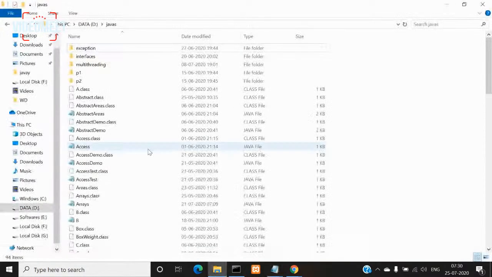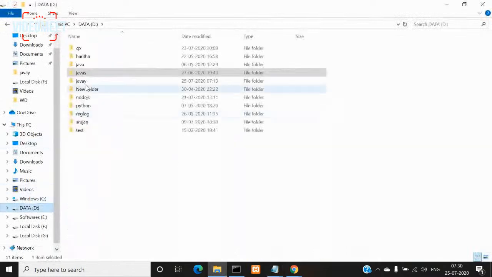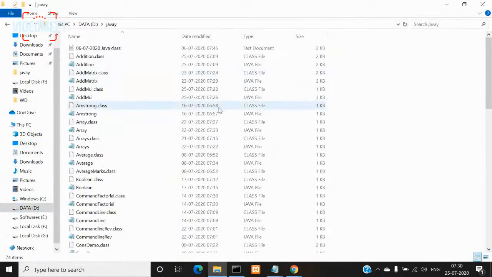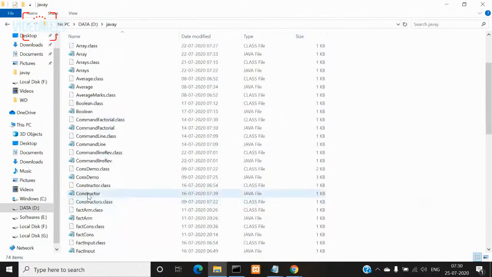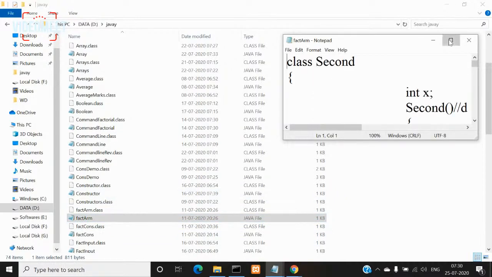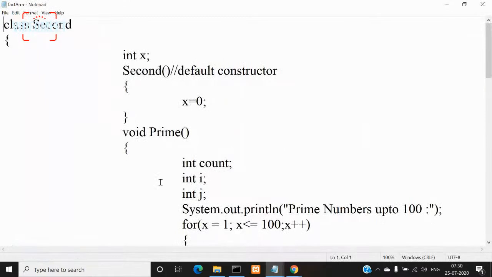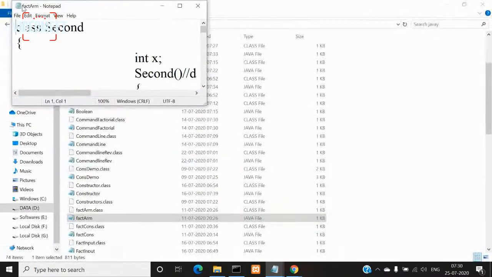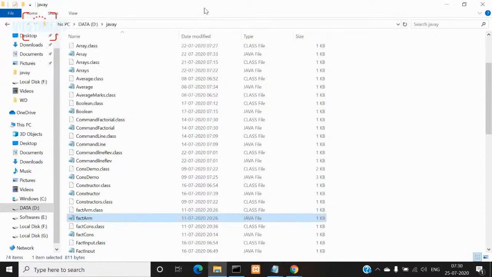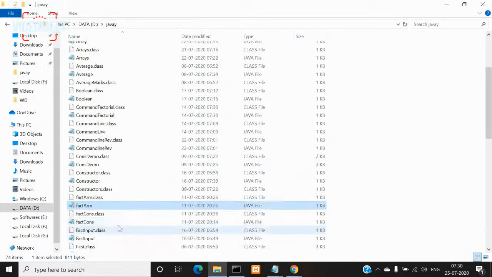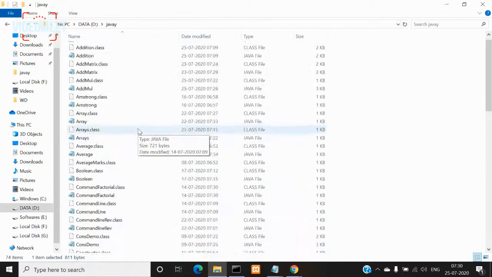See, now all your programs, I am saving them in D drive in a folder called Java Y, right? So now in some of these files, you may have two different classes defined with the same name. So for example, let us take this class. You have a class called second here, right? What is the file name in which this class second is consisting? There is a file called factarm. So when you compile this, the second.class file will be generated here,